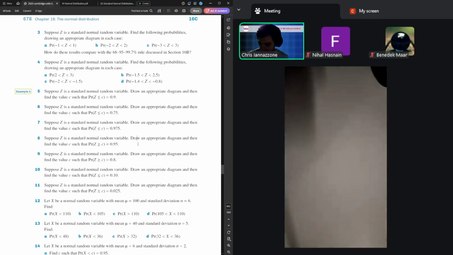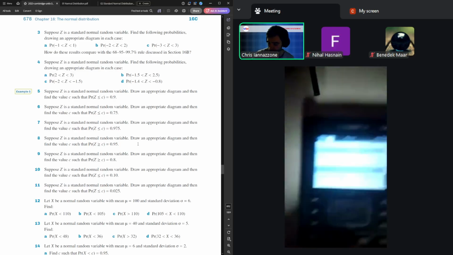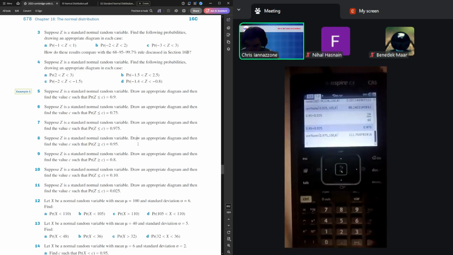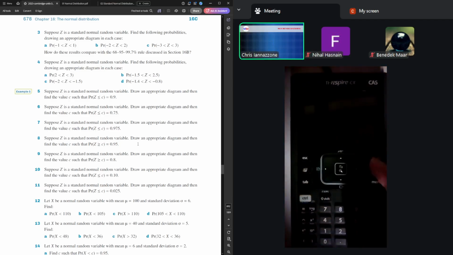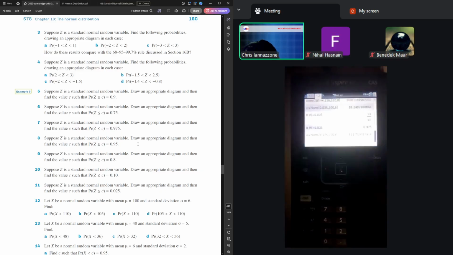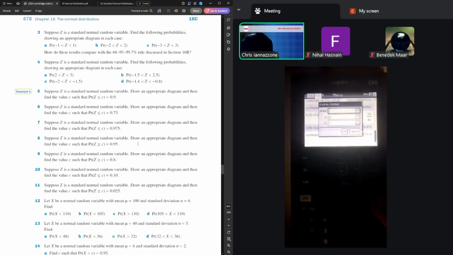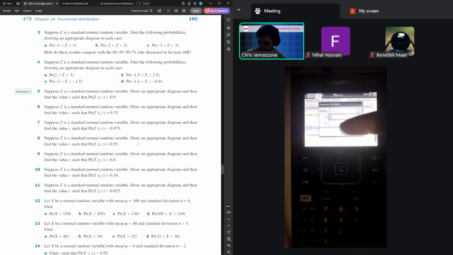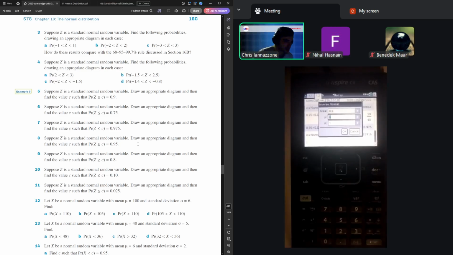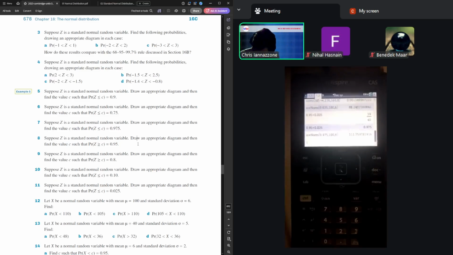Once we have our diagram, or you can just rip it straight into the CAS if you're feeling confident, you then just plug in things into the right spots. So since we're finding an X value, or I guess in this case a Z value, that's when you use the inverse normal. You're given probability information and you want the X or Z. Since it's Z, it's already auto-populated for us, mean of 0, standard deviation of 1. So we're just going to hit enter on that, thus getting 1.28,